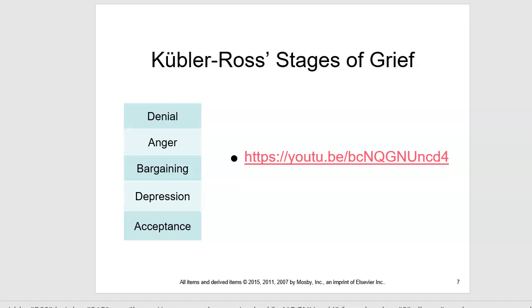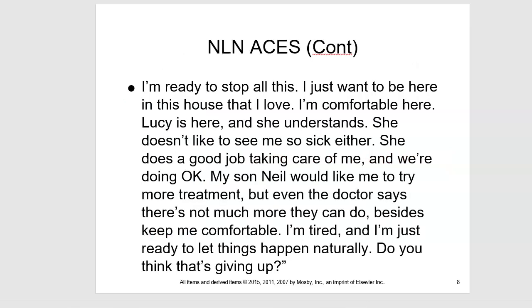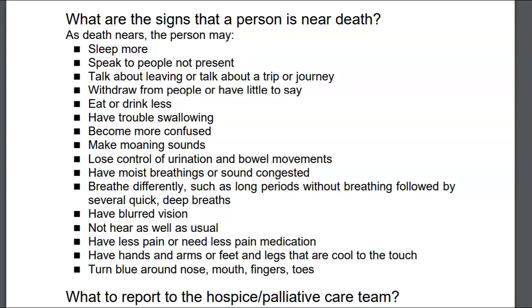So when we are dealing with patients who are dying, there are some things that happen at the end of life that I think we want to talk about. And so when we get to the signs that a person is near death, it can help if we educate family members what to expect and what would be normal. So on the screen right now, we have some signs that a person is near death, and these would all be considered normal. They may sleep more.